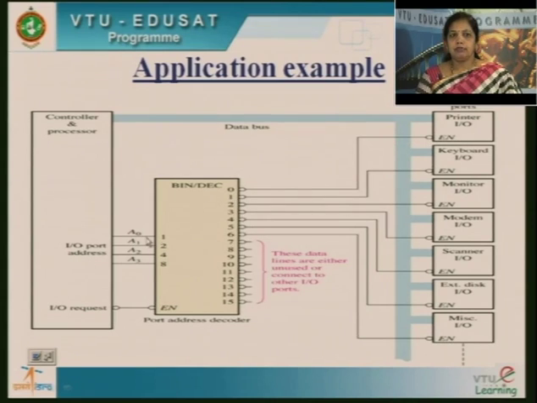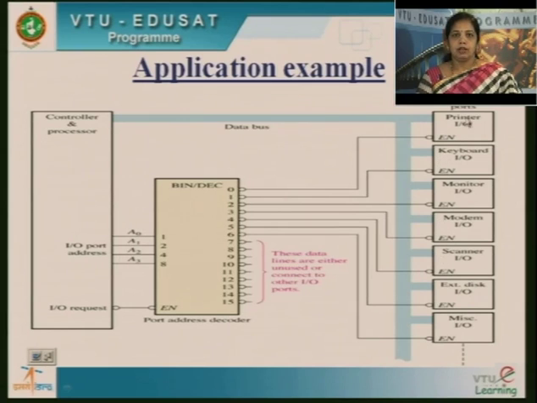Whenever I give 0 0 1, the second output will be activated, which is active low, and connects to the enable pin of the keyboard. So this gets activated. We have connected printer, keyboard, monitor, modem, scanner. At a time, any one can be activated whenever the signal appears here.